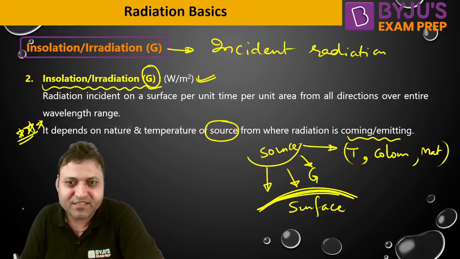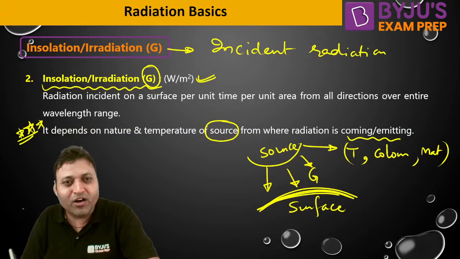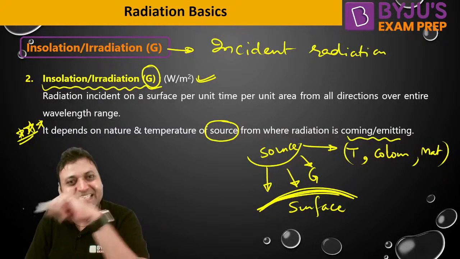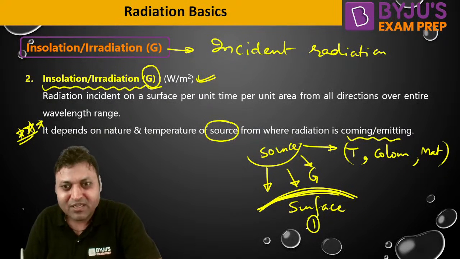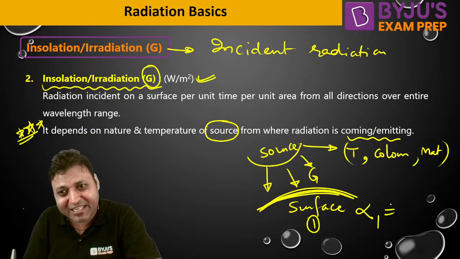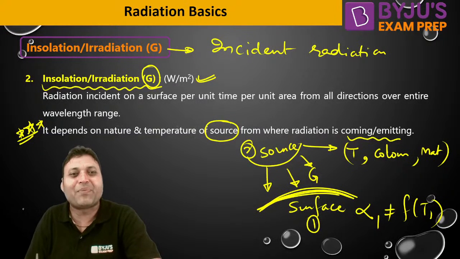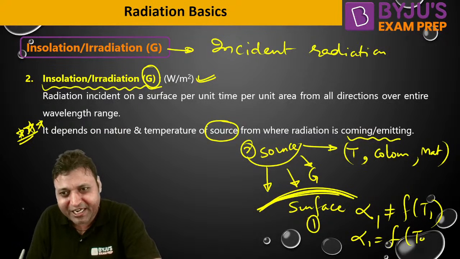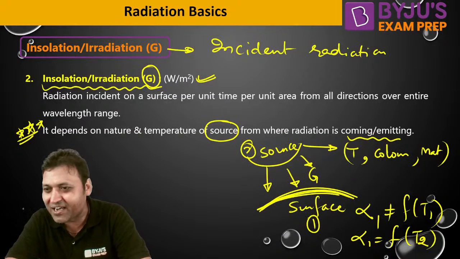Whereas absorptivity, for a particular surface, depends on the temperature of the source from where the radiation is coming. If we want to find out the absorptivity for surface 1, then it will not depend on the temperature. Absorptivity for surface 1 is not a function of temperature T1. Rather, it will depend on the temperature of the source. Alpha 1 will be a function of T2. So the answer to this question, which I had asked you earlier,